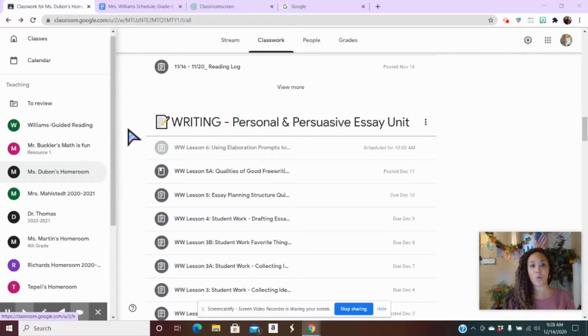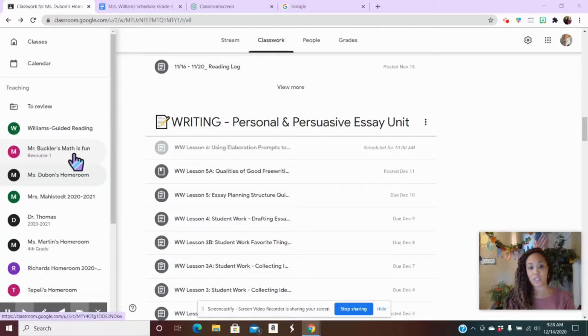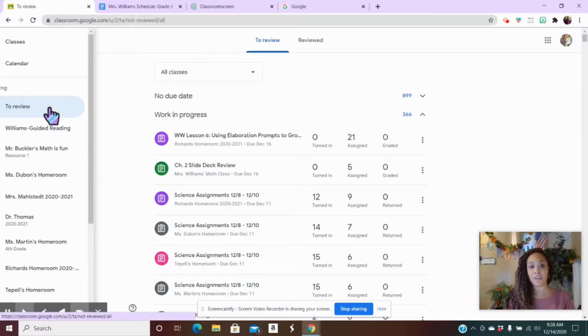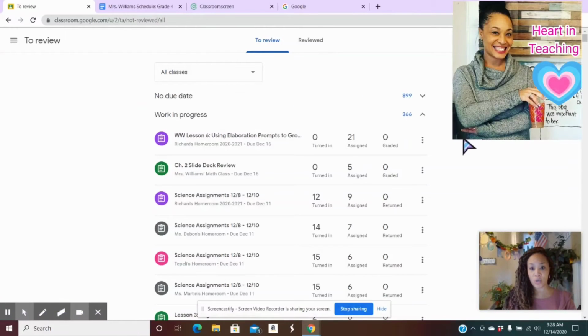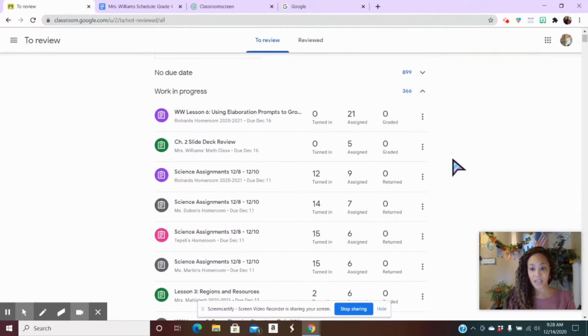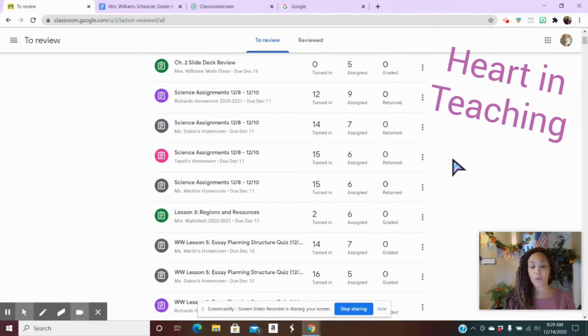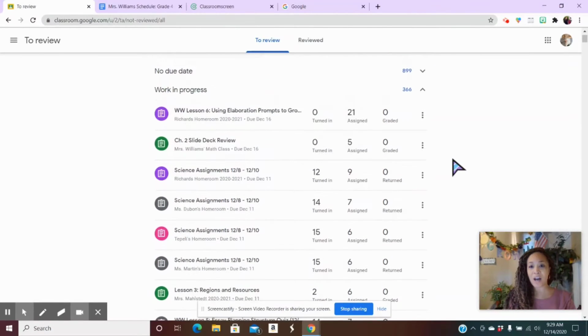So we're looking at my screen, and you can see on the left side, there is a little phrase here that says To review. What I like is that on that left margin, you can see all the classes that you are a part of. But if you click To review, it's going to show you the activity within all of those classes in a list form. So if you're someone like me who teaches inclusion and resource, you can help follow the activity